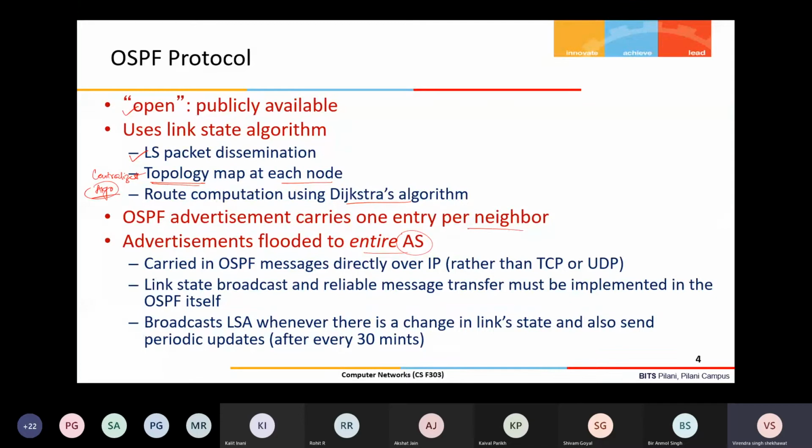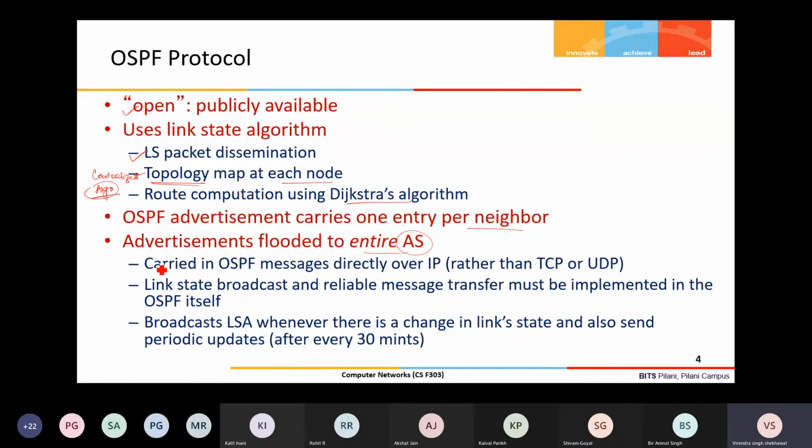And there is another, the exterior gateway protocol. BGP is the protocol that works from autonomous system to autonomous system. When a packet needs to be forwarded from one autonomous system to another, IGP protocols are not enough, because they are implemented within the autonomous system. Across autonomous systems we require an exterior gateway protocol. The protocol used in the internet is BGP, which we will discuss at some point later.